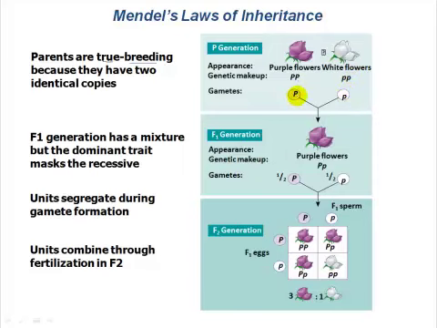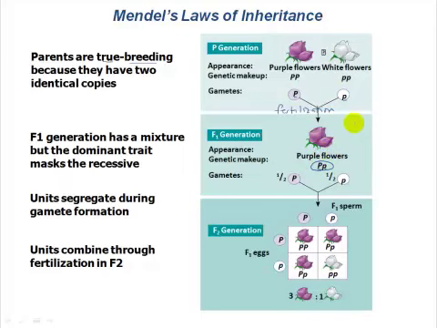Likewise, the purple flowered parental generation is going to be passing on only the purple allele in its gametes, and every single gamete is going to have 1 copy of this P gene, and the allele that's going to be present is the one specifying purple flower color. When we allow these gametes from these 2 true breeding parental strains to interact and fertilize, so this is fertilization we're seeing here, what do we get? Well, we get back to the diploid state, right? We get back to a diploid organism, and these diploid offspring have one purple allele from this parent and one white allele from this parent, and the trait that they exhibited was purple flowers.